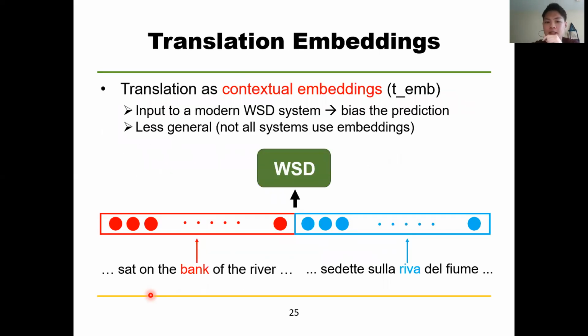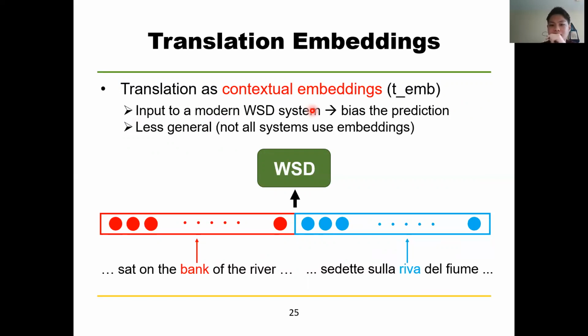Okay, so far I've introduced our methods of reverting translations to form a constraint which can post-process the predictions by the base WSD systems. In addition to that, we would like to introduce another method of reverting translations, which is called TM. In the TM method, we leverage translations as contextual embeddings. So instead of post-processing the predictions as a constraint, in the TM method, we form contextual embeddings and use them as the input to a modern WSD system so that we can bias the sense predictions made by the base